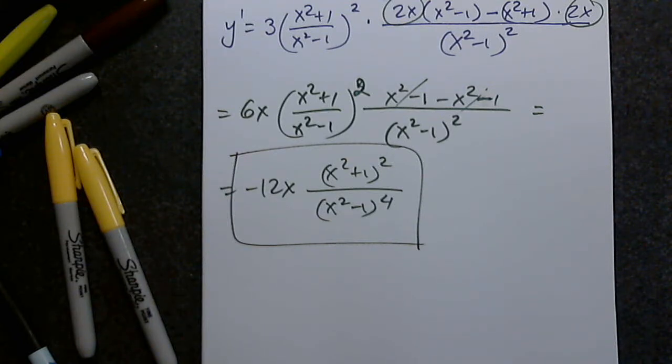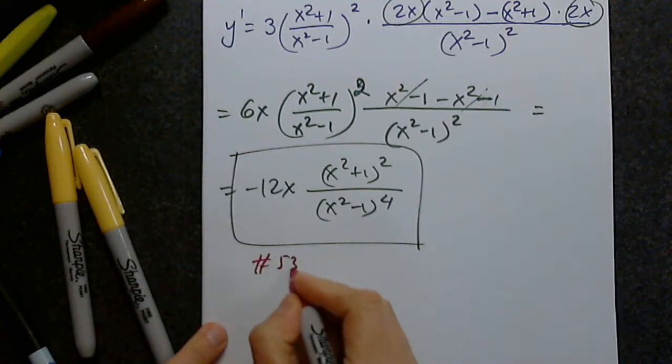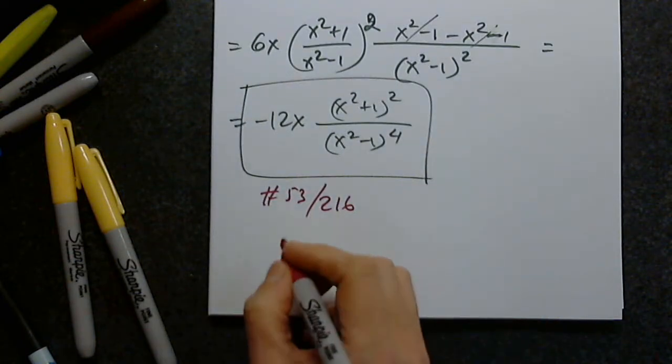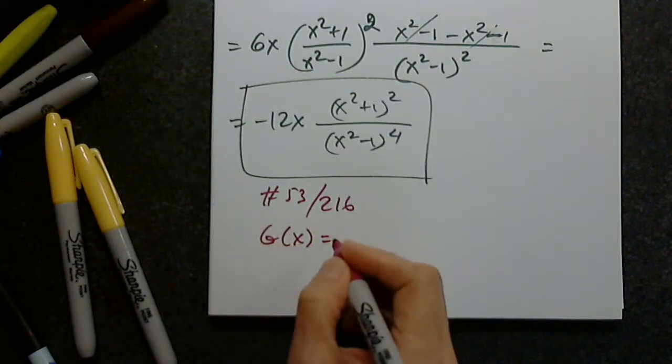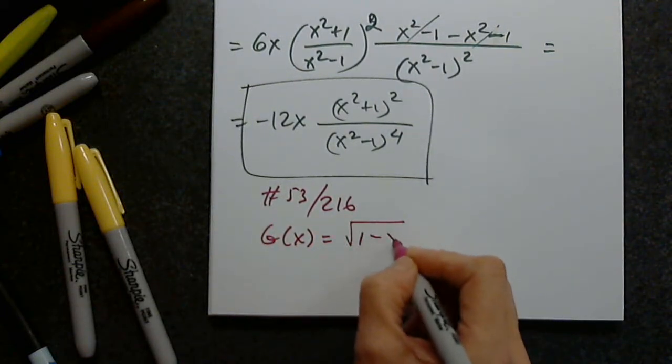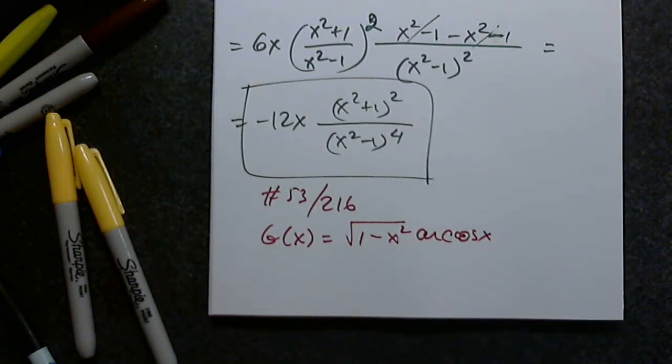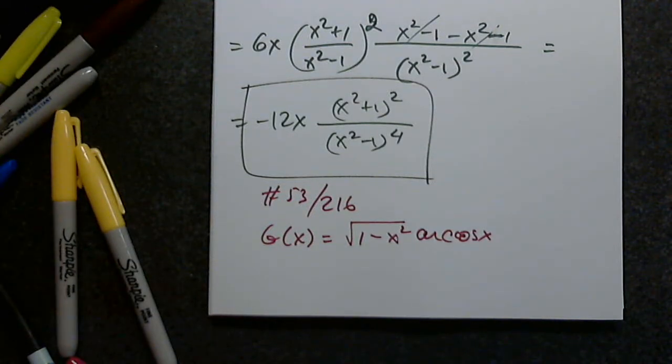53 on 216. 53. I thought we did this in class, but maybe not. I may be wrong. Okay, that's okay. We can do it again. I don't really remember, so